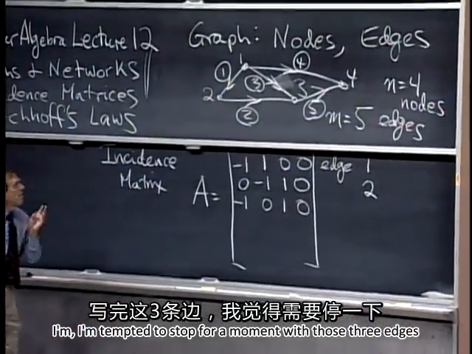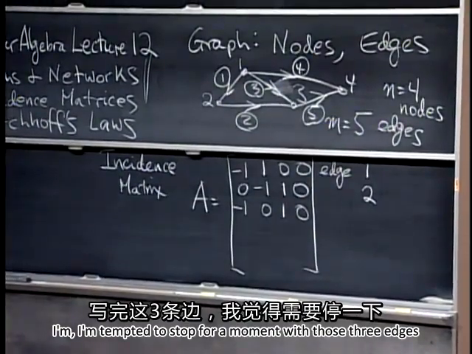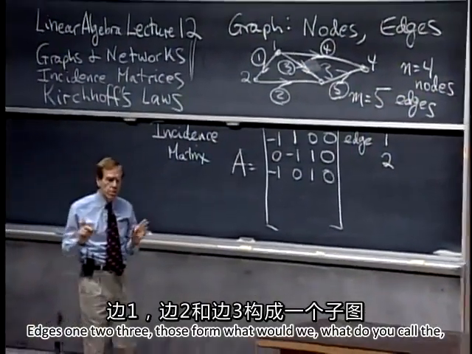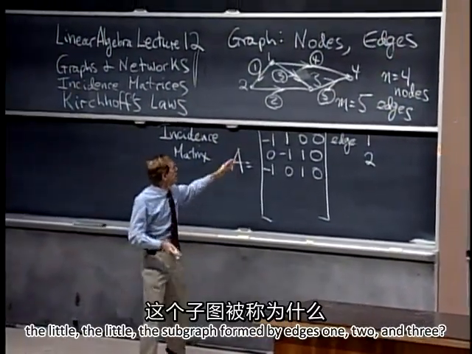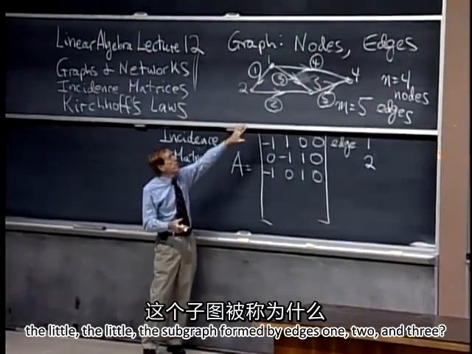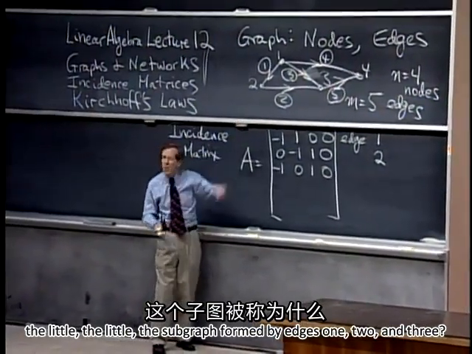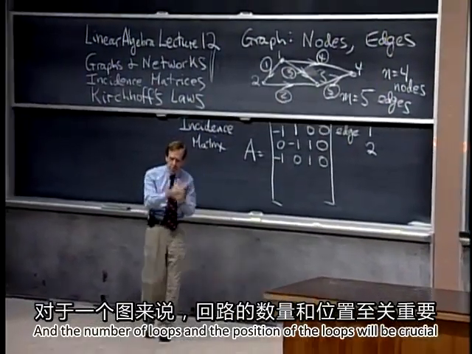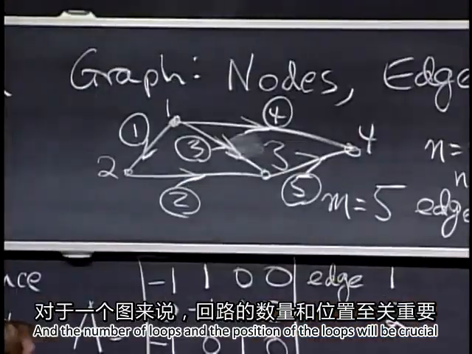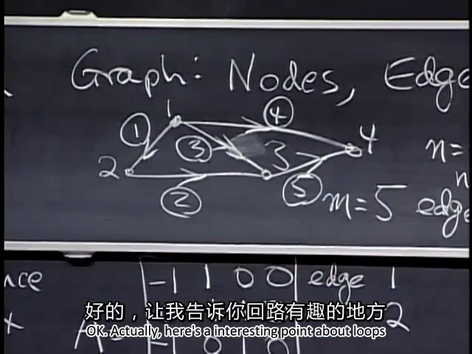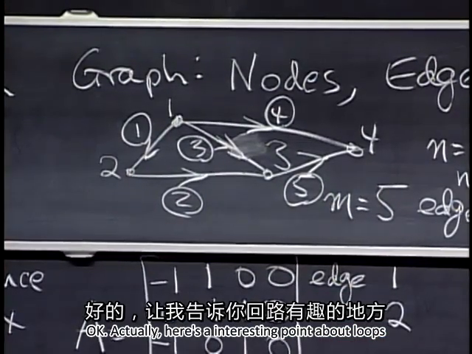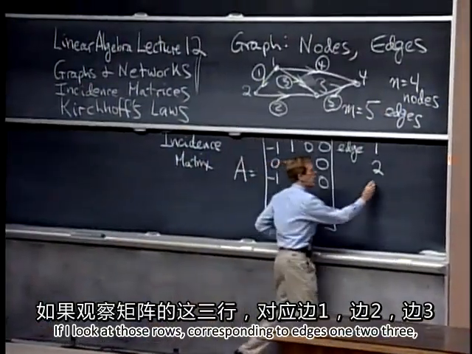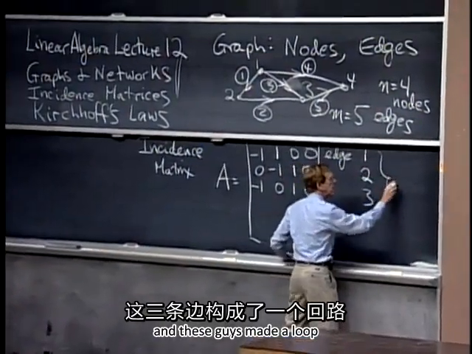I'm tempted to stop for a moment with those 3 edges. Edges 1, 2, 3. Those form the subgraph formed by edges 1, 2, and 3. That's a loop. And the number of loops and the position of the loops will be crucial. Actually, here's an interesting point about loops. If I look at those rows corresponding to edges 1, 2, 3, and these made a loop,